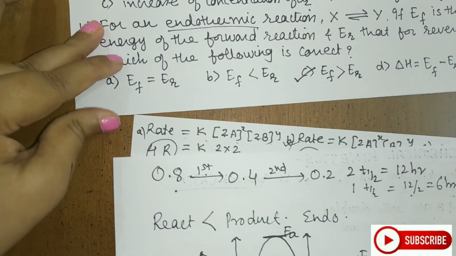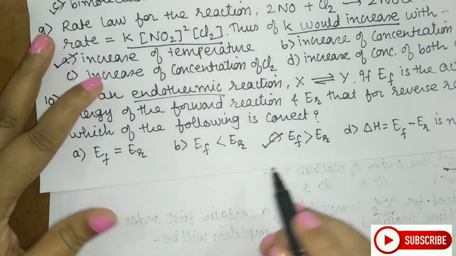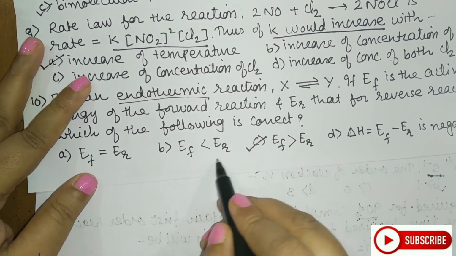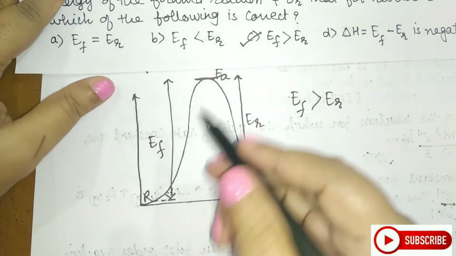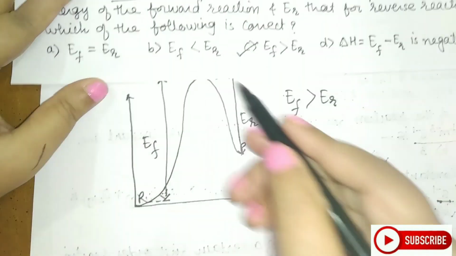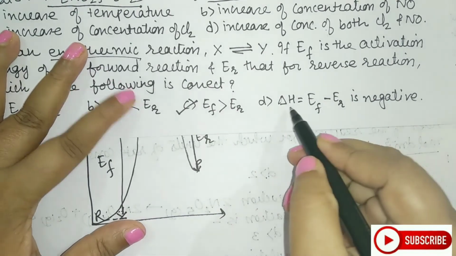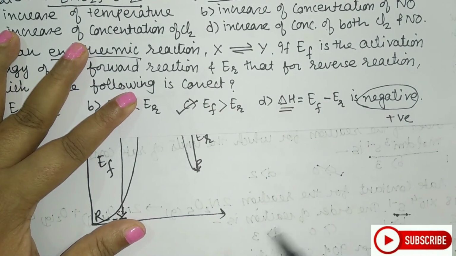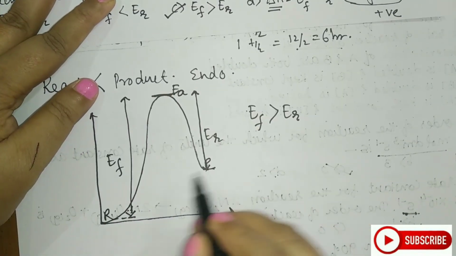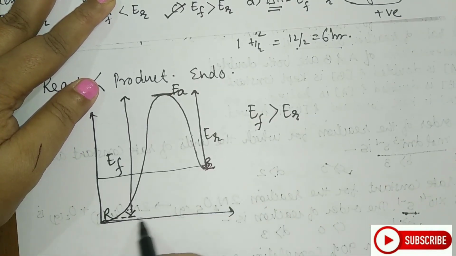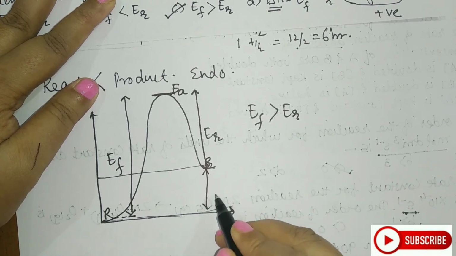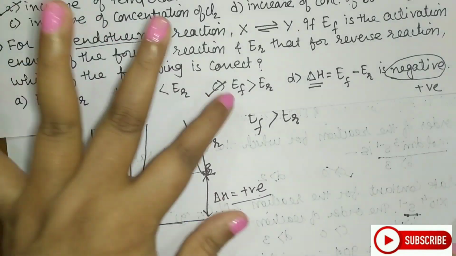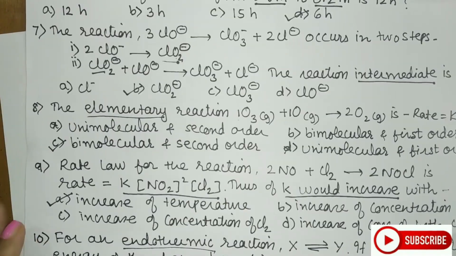I hope you have understood all the options here. Now if you see this particular thing, this might be possible. You can just compare this. E forward might be for an exothermic reaction. Students, if you see this, for delta H, this particular difference should always be positive, because the product energy is at a higher level as compared to that of the reactant. So this difference will always be positive for an endothermic reaction. So the answer here is the third option. I hope you have understood all the MCQs.